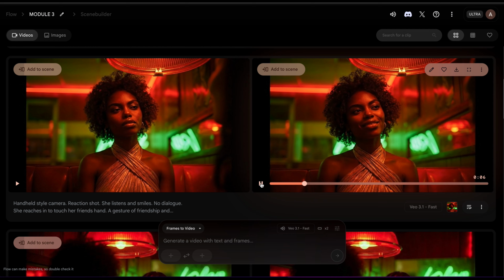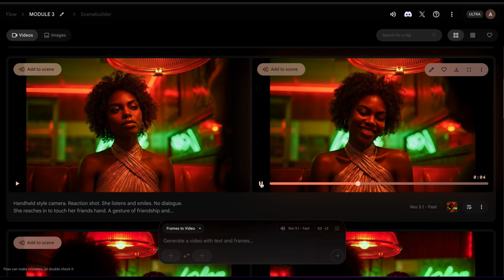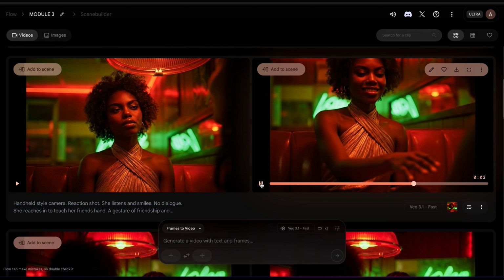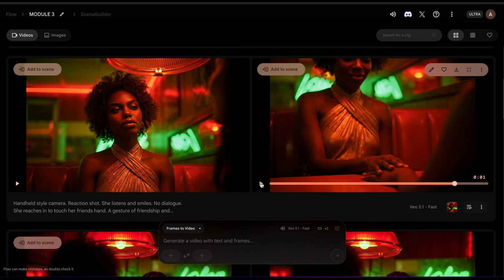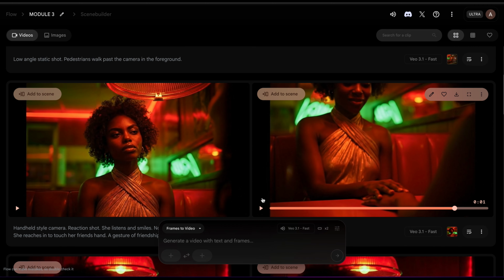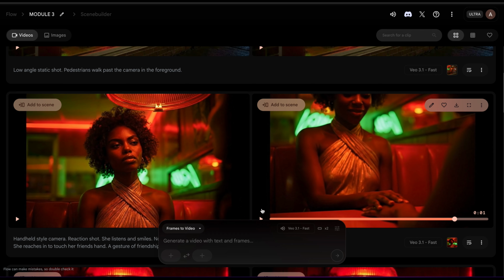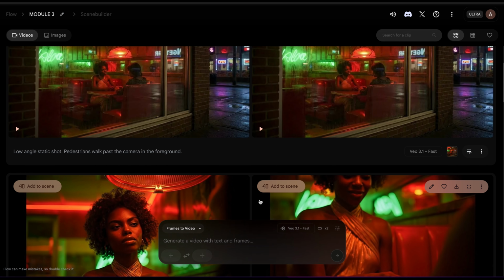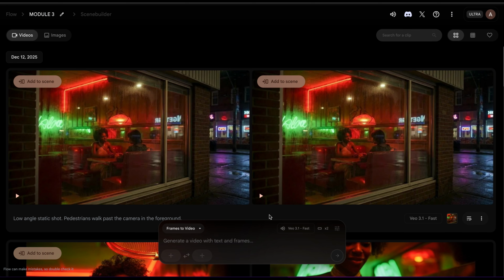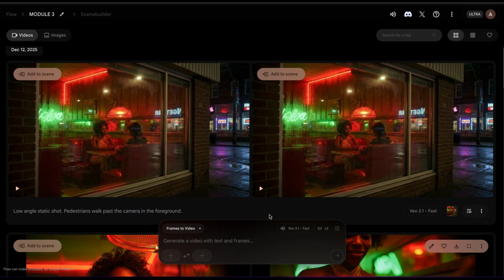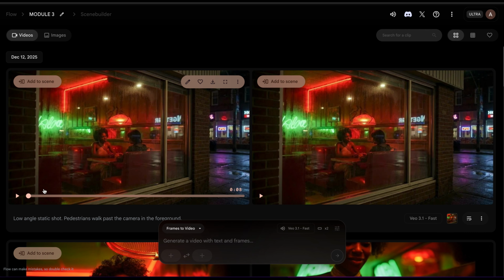Now, this is a lot different than what I intended in terms of the interaction. But just look at the detail. I mean, that's depending on what you're creating. You know, that could be